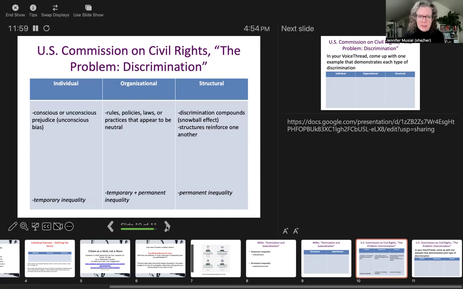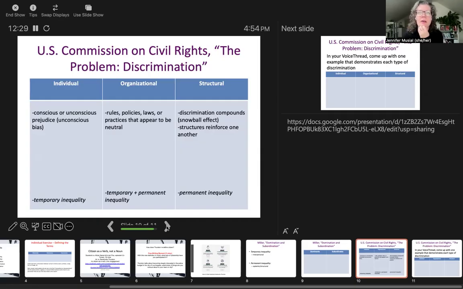Feels like permanent inequality, right? Structures are very, very hard to change. And it feels like these things have always been like this. They're always going to be like this. But I come into this with hope, right? I feel like, yes, we can continue to work towards changing and dismantling this kind of system that feeds on discrimination. So if I'm to give you one example that follows through each of these categories,